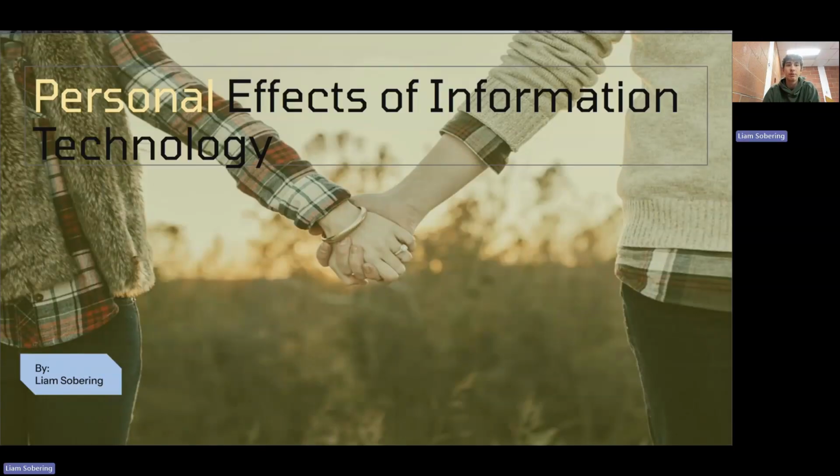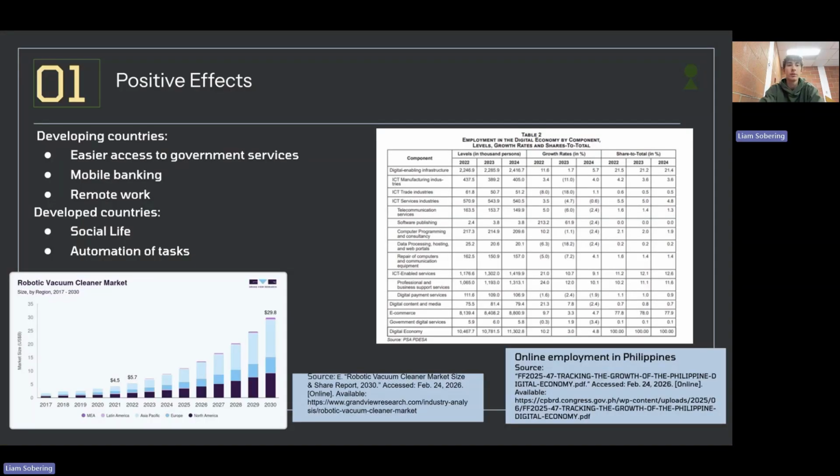Recently, technology has changed people's personal lives everywhere. With more people in developing countries gaining access to the internet, their governments have noticed, forming online services and allowing people to pay income tax, file tax returns, and access government programs online. One of these is India's Aadhaar system, which has just added a function last November for citizens to update their demographic details online. Mobile banking and remote work have also become more prominent in developing countries and people with low incomes, making it easier for people to pay bills, receive money, and increase savings.